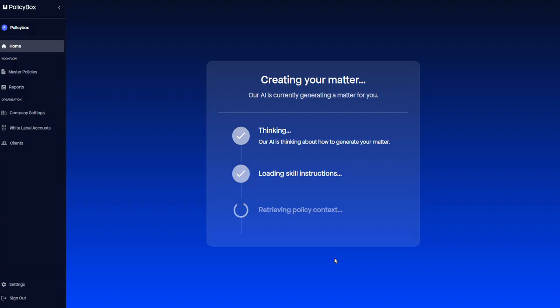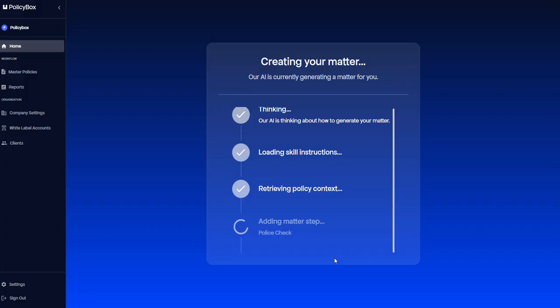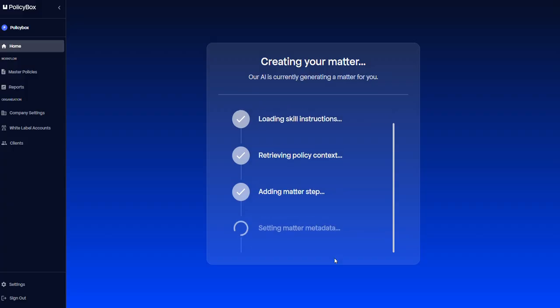These can take sometimes 10 seconds, sometimes 15 seconds, sometimes up to a minute to generate a good workflow. You can see that it's already working through the matter steps on this one, so I think it's probably going to take about 30 seconds to roll out a workflow here. Now, sometimes when it returns, it may not return with the workflow straight away. However, the AI assistant might outline how it's thinking and just make sure that you're comfortable with that before proceeding